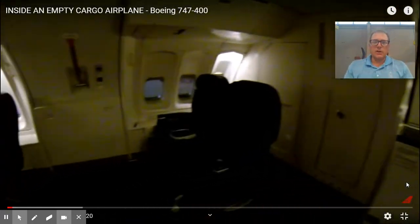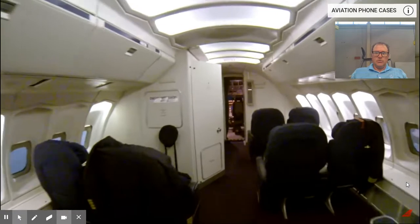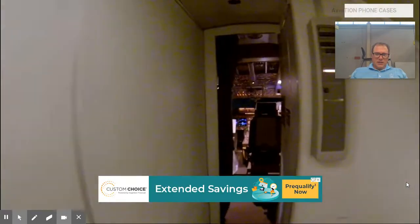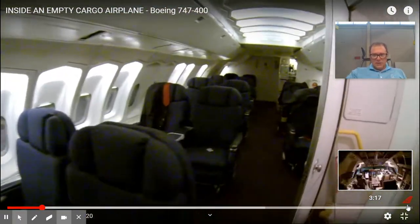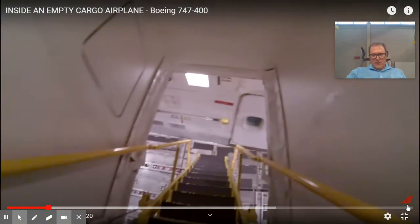Okay, so this is kind of an unusual start to the viewing of the cargo plane that we're talking about here. This is a 747. They don't get any bigger than this. There might be some variations, but let's just stop right there. Everything that you saw up there is kind of like a small bubble on top of the very large cargo